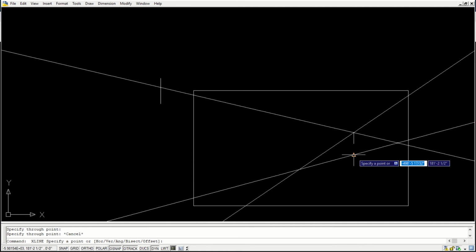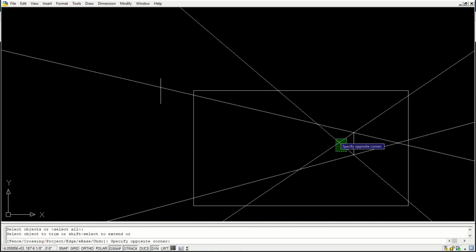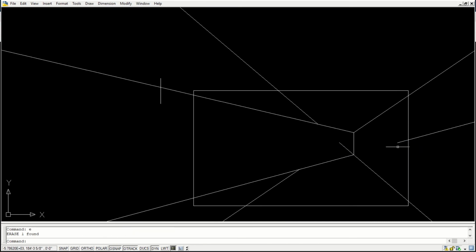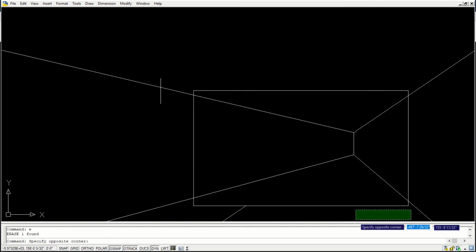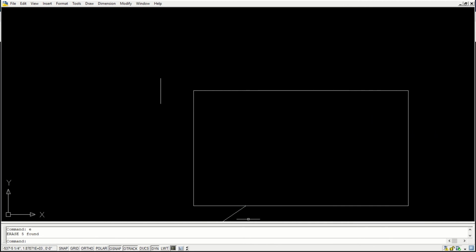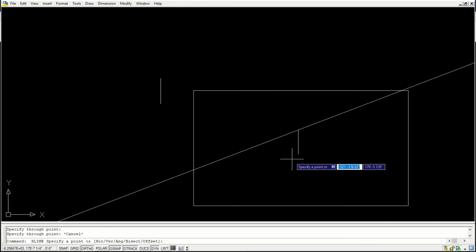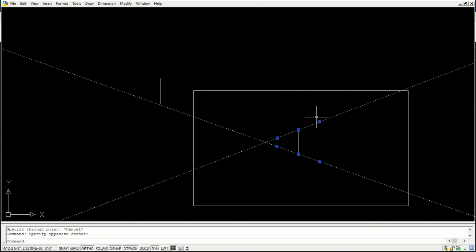I'm just randomly drawing it. Your point of reference will be somewhere here. This is how your room probably would look. Normally my suggestion is you can keep it in the middle so that you have symmetrical outlines.